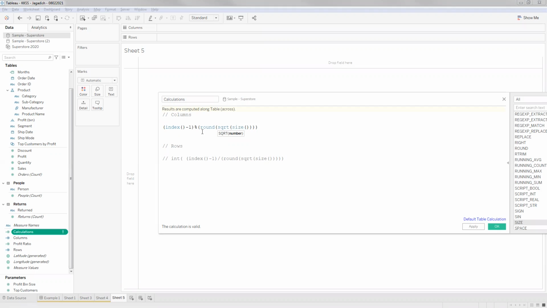This calculation has been created in such a way as to dynamically set the grid structure based on the dimensions that you are trying to use. For example, I want to use subcategory and set each box in the grid for one subcategory. Based on the number of items in the subcategory, my grid structure will optimally be set. How many boxes should I keep? That is how this calculation has been made.